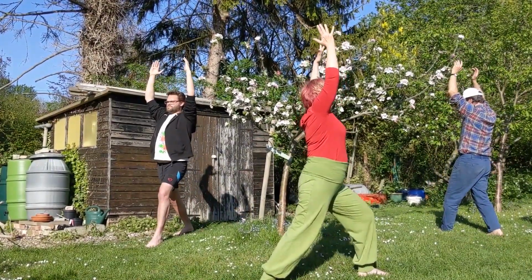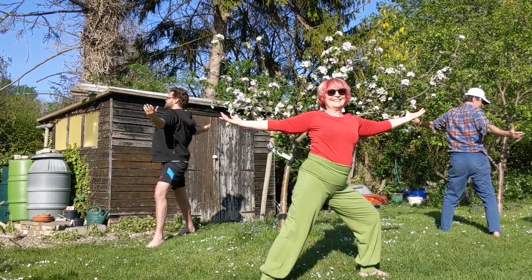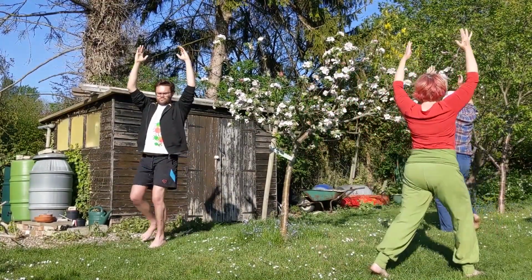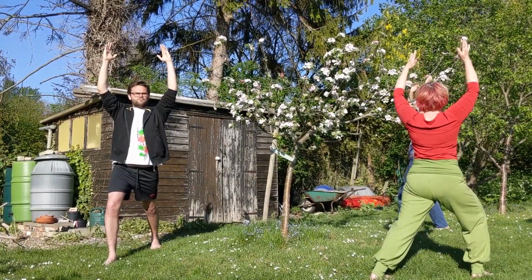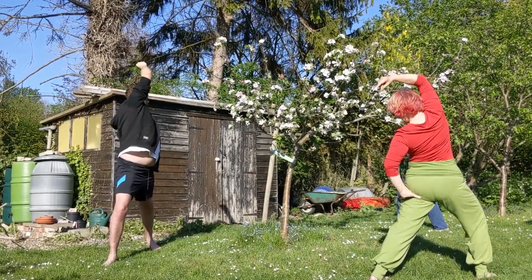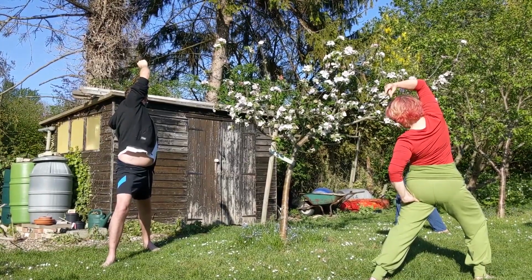left leg forward, opening the arms to turn to warrior 2, warrior 1, stepping through, settle the feet into warrior 1, open the arms out to warrior 2, and then reaching back for the reverse warrior or dancing warrior, right arm arcing over the head, castanets if you like the castanets,